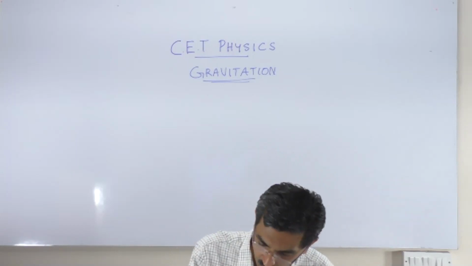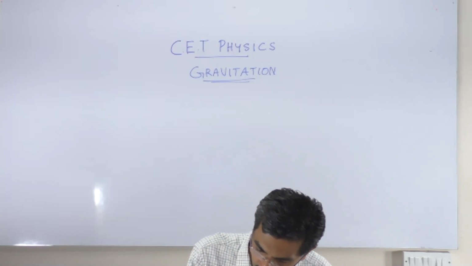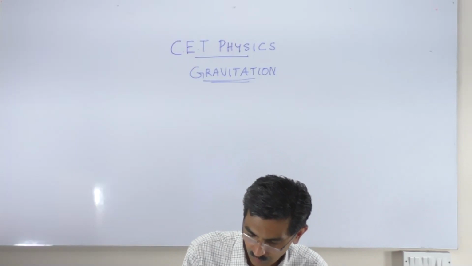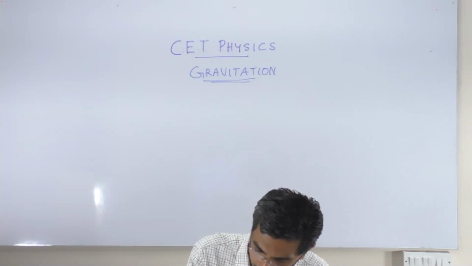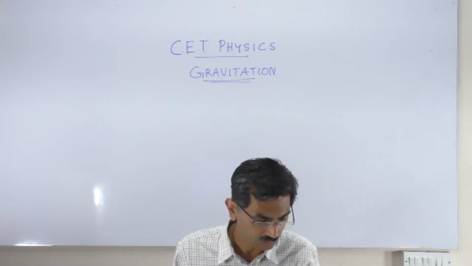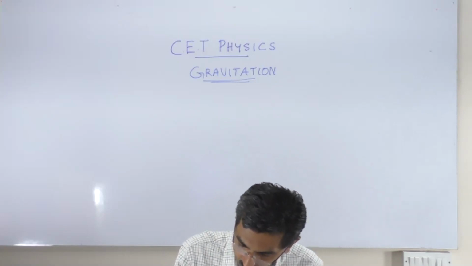So once again we use the relationship that T1 by T2 is equal to R1 by R2 to the power 3 by 2. So this is the relationship we start with, and then we